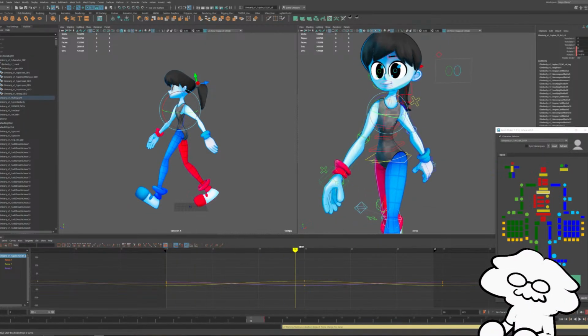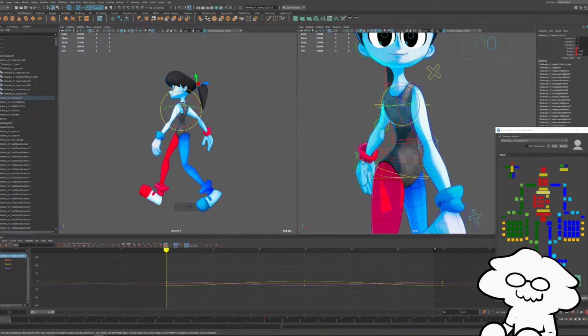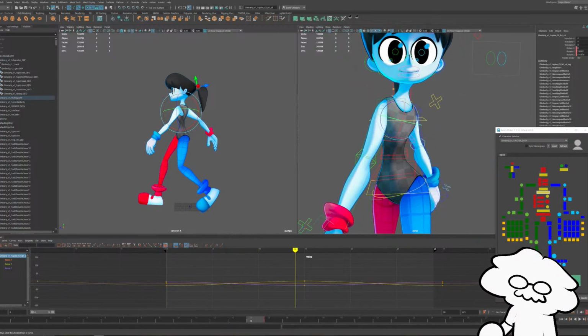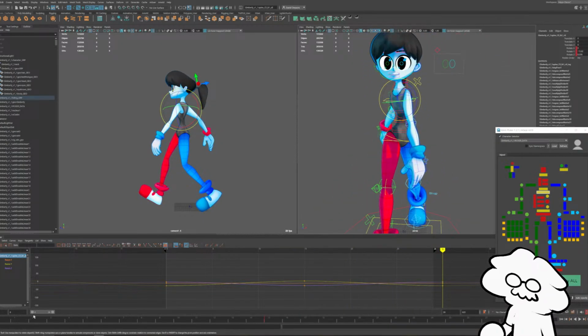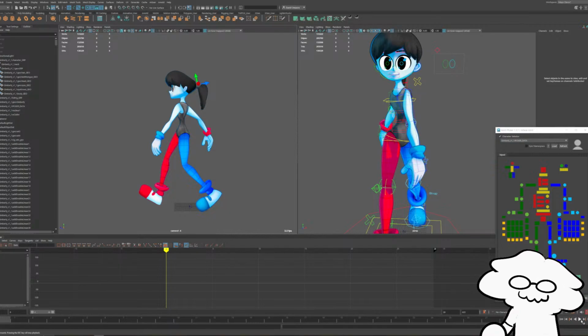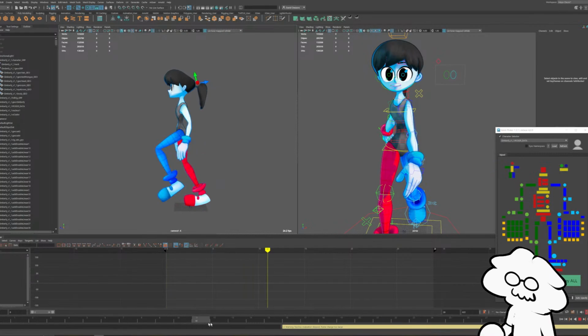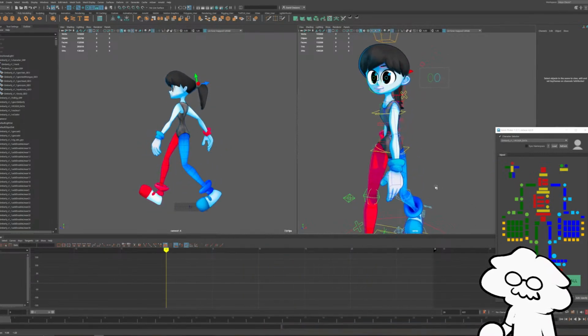But just as long as you have that going downwards, then the upper body should be counterbalancing it. So right now she has a little bit of swagger, which is kind of funny looking, but that's okay. Looks good.